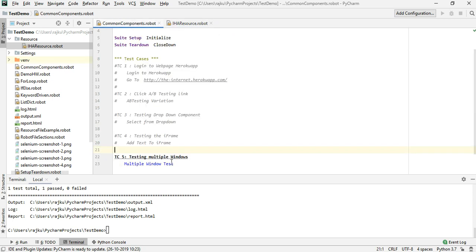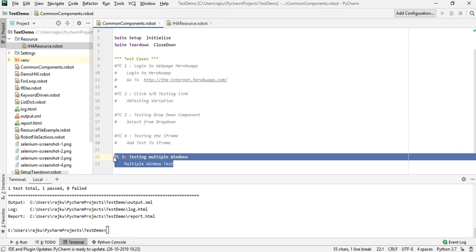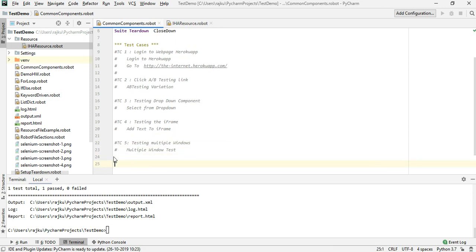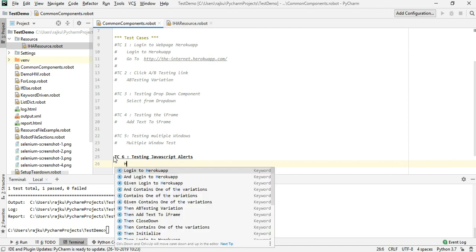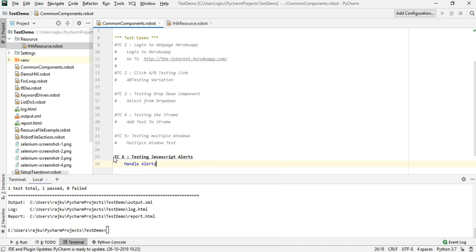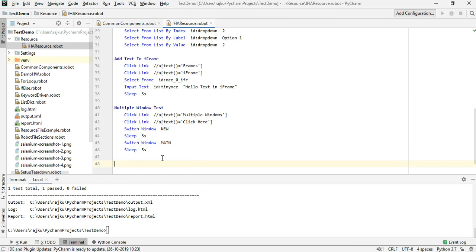Okay, for that I'm going to comment out the existing test case and add a new test case. So test case 6, testing JavaScript alerts. Handle alerts or JavaScript alerts. Okay, so this is my keyword. What I'm going to do is copy this and go back to the resource file, add again